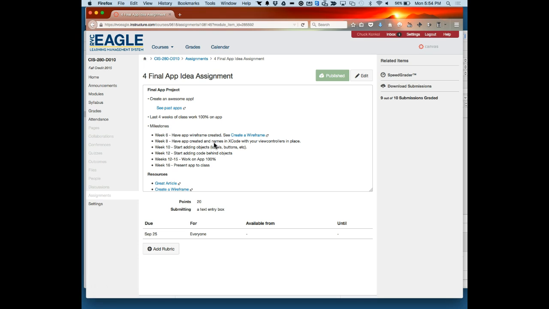And then week 12, I'll come around to see if I actually started putting some code behind your objects. And then weeks 12 through 15, you'll have those entire weeks to work 100% on your apps. And then week 16, you'll present your app. So next week, I'll just come around to make sure you've at least started your app in Xcode. You've named the project, you've got a view on there. And that's about it. That's all I really need, so we at least know you got started. Make sense? Okay. So let me go ahead and